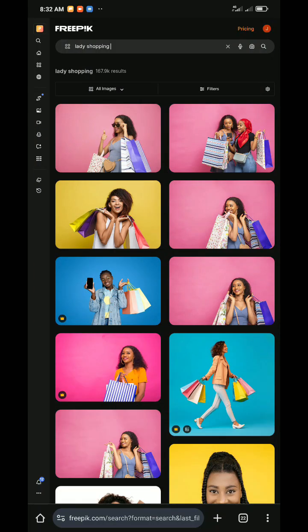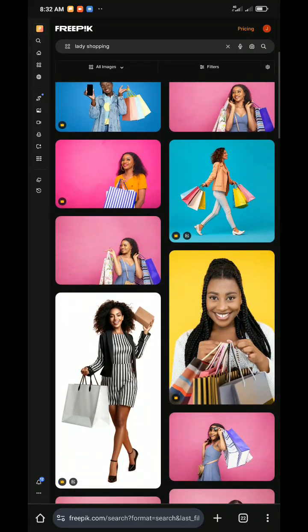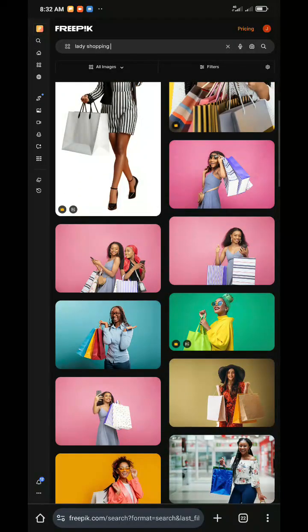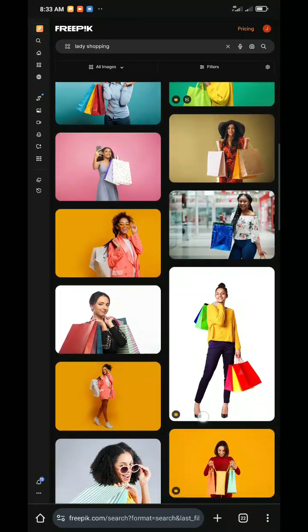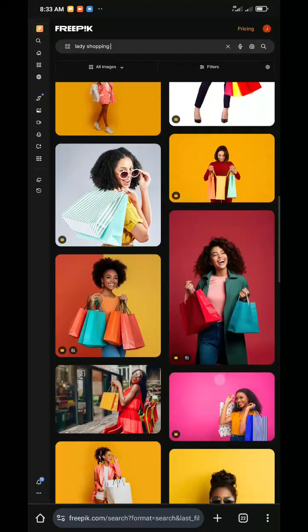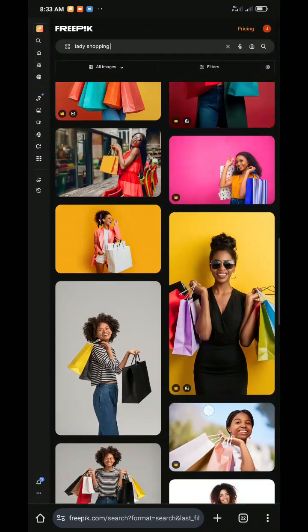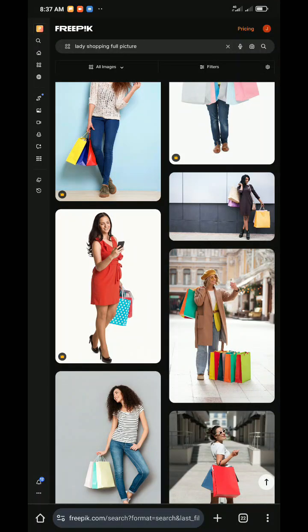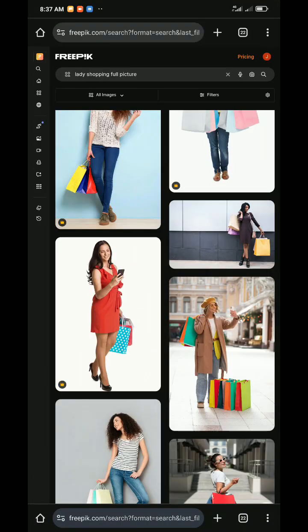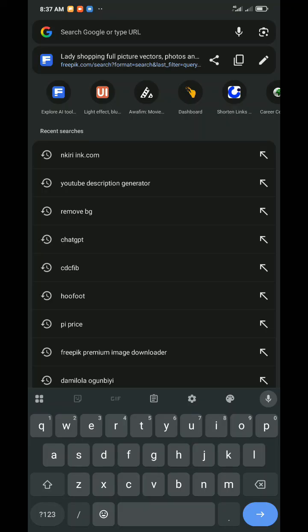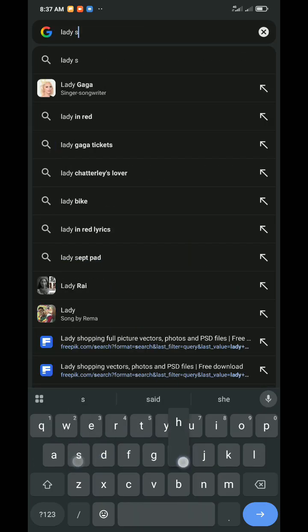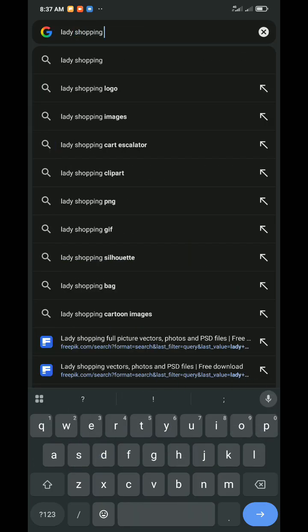So as you can see, we have a lot of ladies carrying their bags and all that. They are shopping. So let's see if we can get our exact image again. Since we are unable to see the exact image, I think I also made use of the search button on Google. So let's just say lady shopping full image